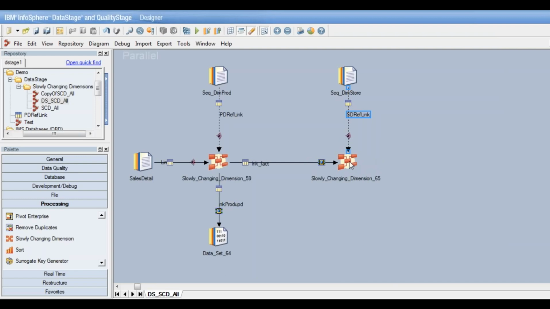Again, I left 2 output links coming out of this. This will be going to the final fact table, so this will have the final fact data. And this will be the dimension update link. This will be used to update the store dimension.